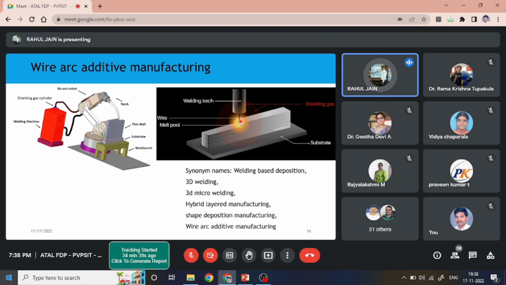So this process is exactly similar, with a difference. What we are doing over here, instead of two pieces of plate, I have a substrate, and on that particular substrate I am depositing one layer upon another, right? So first I have one layer of the electrode. Once that one layer of electrode is done, then I'll have another layer, third layer, fourth layer, and so on